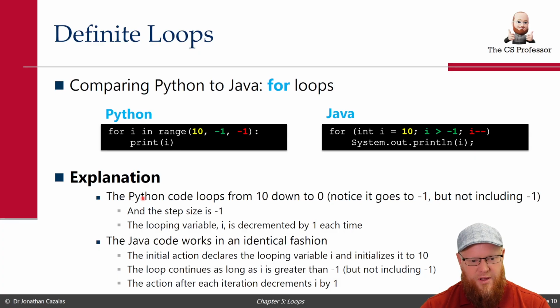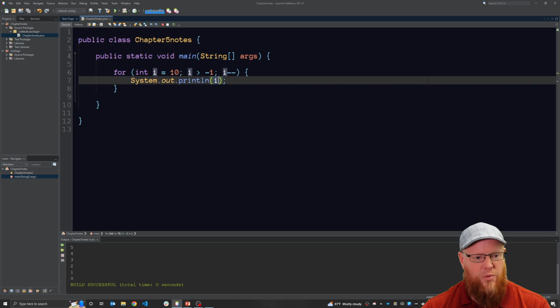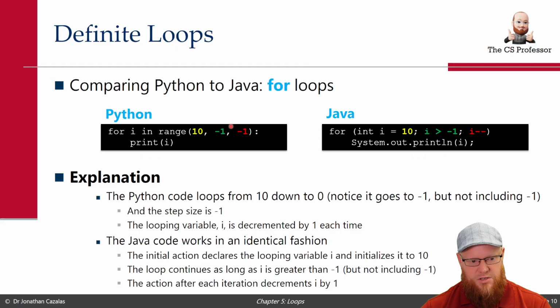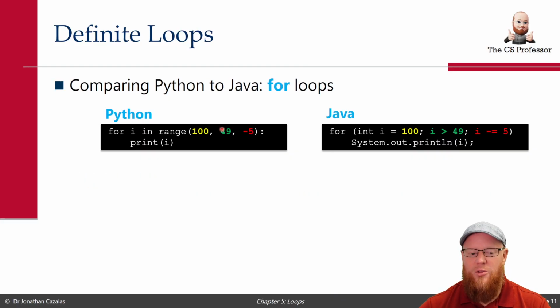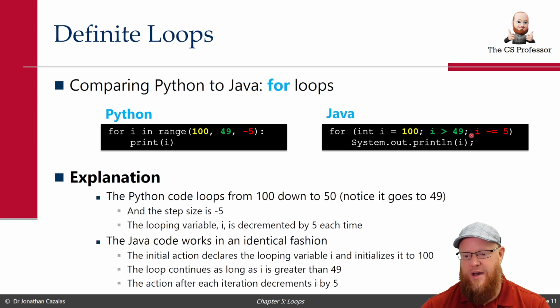10, 9, 8, 7, 6, 5, 4, 3, 2, 1, 0. Perfect. And this looped all the way from 10 down to 0. And we have one more, looping from 100 down to 50 by multiples of 5. Same thing in Java. We declare and initialize this variable i to start at 100. We keep looping as long as it's greater than or equal to 50, inclusive of 50, and we decrement i by 5 each